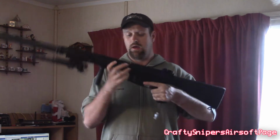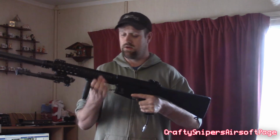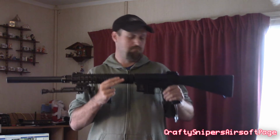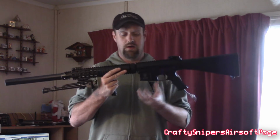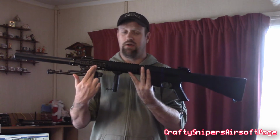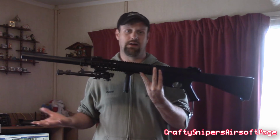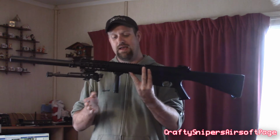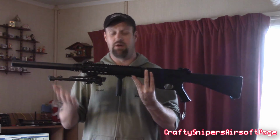this weapon. Going forward, we have a very long upper rail section. So if you want to put a scope on here, or you want to put any kind of sight on there, you've got a massive amount of real estate to put stuff on here. We also have side rails, both sides, and an under rail for any kind of attachments. Obviously on this one I have under mounted a vertical grip and a Harris style bipod, which I think just